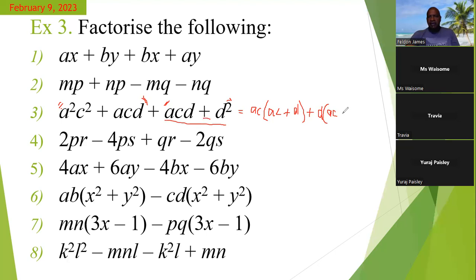And now D into D square will just leave you with one D. You close the bracket. Now, what did I say about this stage? Once the two expressions in bracket are the same, you just pull out that expression